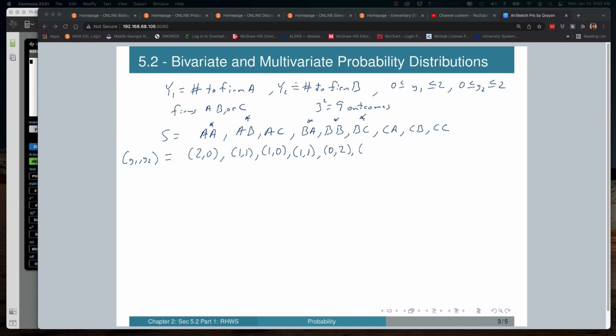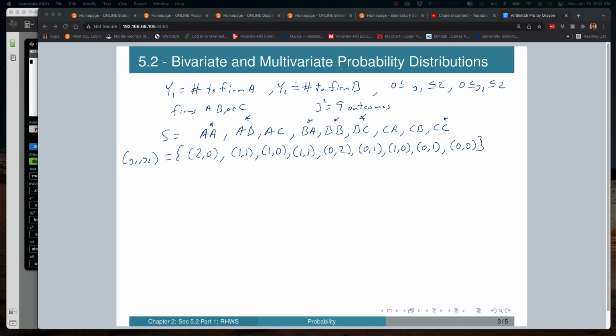BC is going to be, I think you're following along with me at this point, means that we get 0, 1. We got 1 to firm B but none to firm A. We got 1 to firm A, none to firm B, none to firm A, 1 to firm B, and then CC, the last one here, is going to represent none to firm A or B, so 0, 0. So there we go. There's our